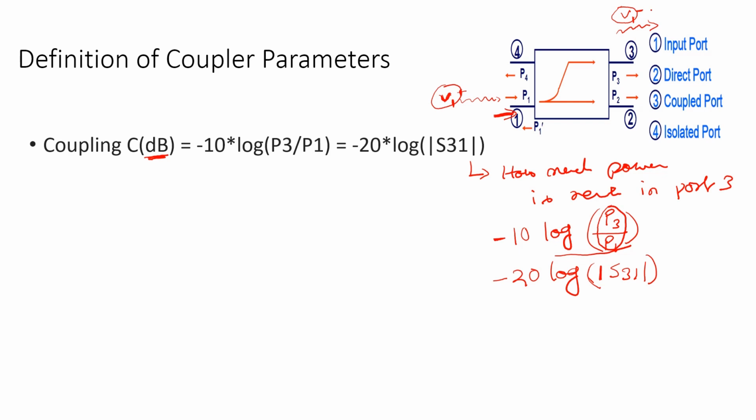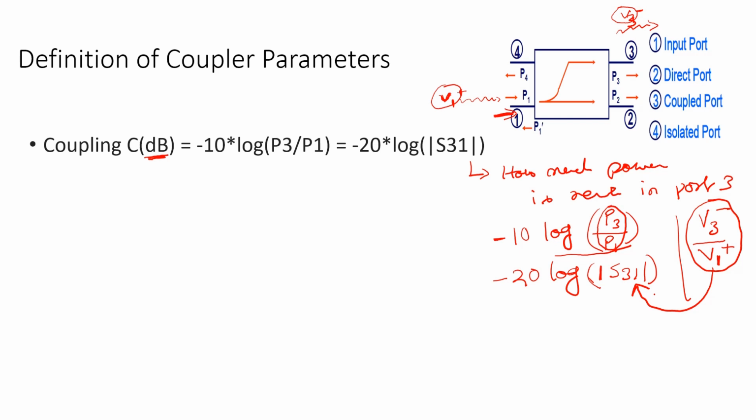So we need V3 minus by V1 plus, and this is nothing but the definition of S31. Are you getting it? So minus 20 log S31 is denoted by